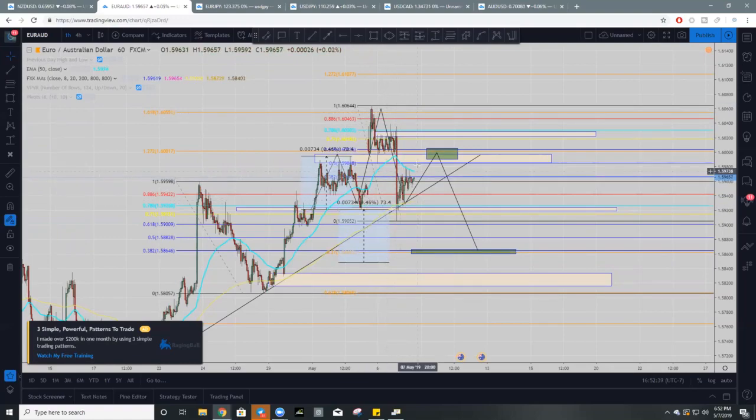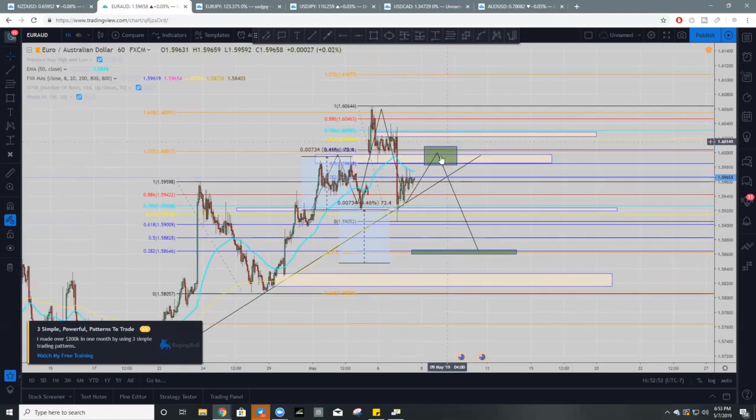And so what I'm actually looking for is price to retest into this region, okay, and then drop back down. Overall, I'm looking for a retest at the 50 or the 61.8. Those would be my ideal areas of interest to take this trade to the downside. Stop loss is going to be at the previous high, which is this level here. Depending on how the pair approaches this zone depends on how tight you can move the stop loss, okay? So you could potentially have your stop loss